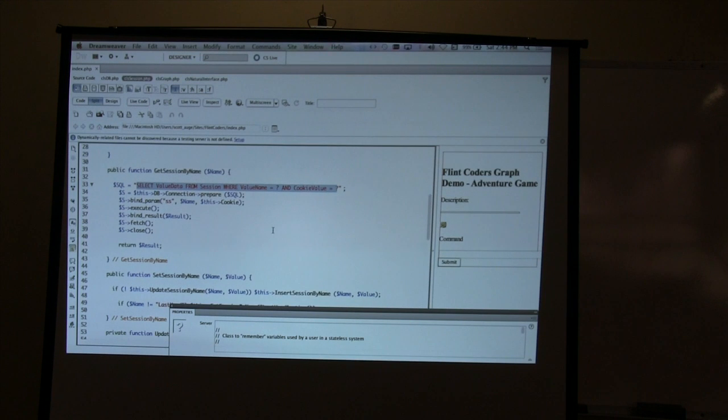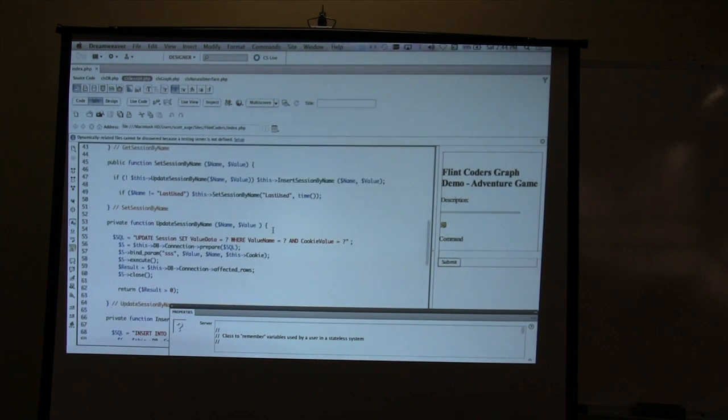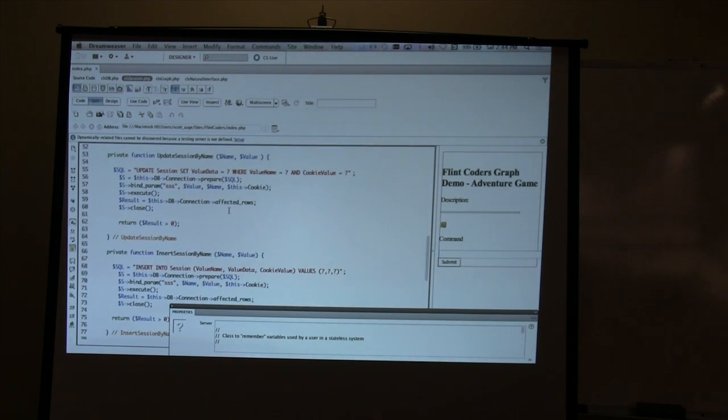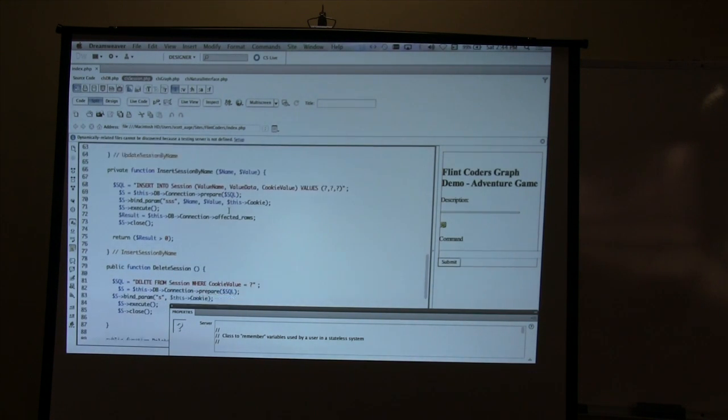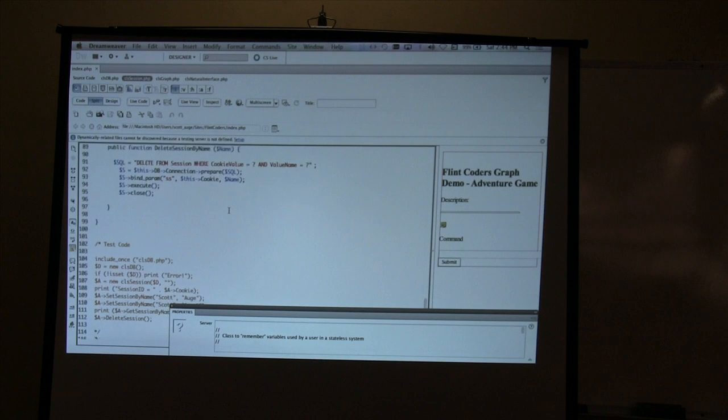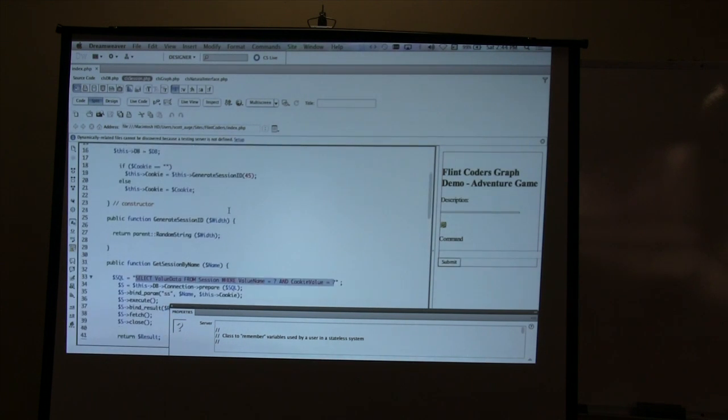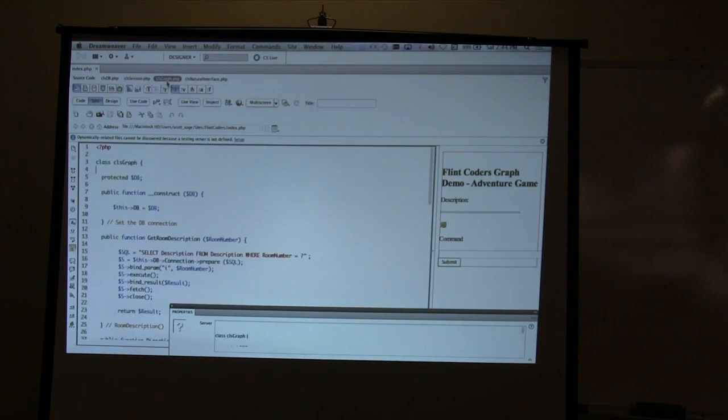So here's the way that we set the session. And we basically update the session, and we insert into it and delete. So this can get rather long-winded. I'll just do one of these. This graph